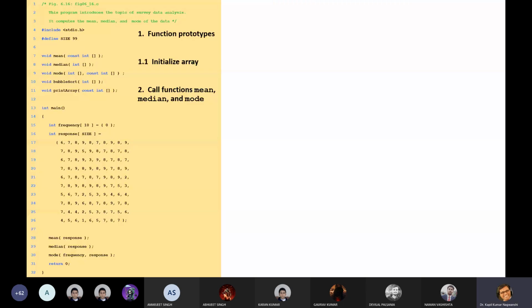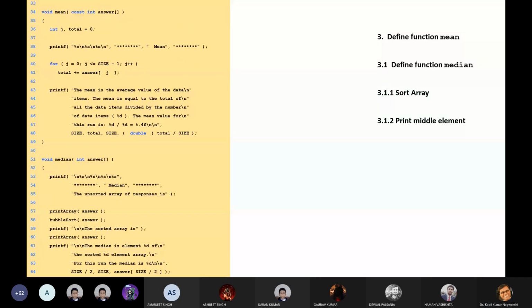So the bubble sort program is not given here. Yes, given.